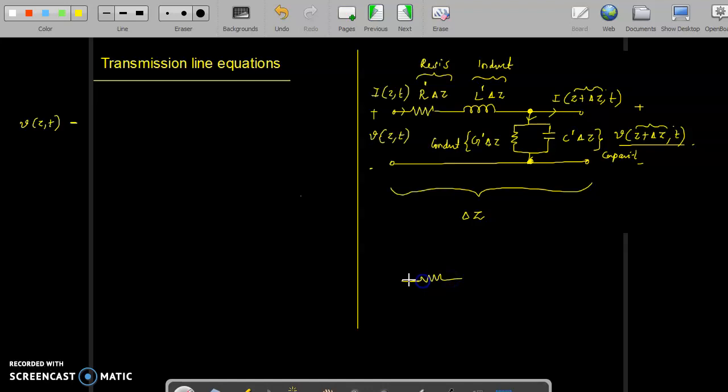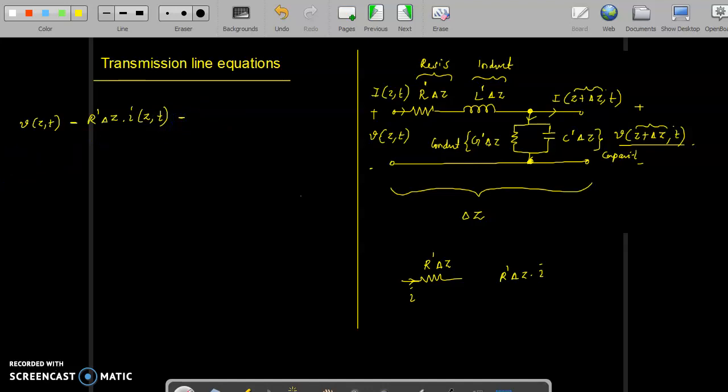The current is I, the resistance is R dash delta Z, so the drop is R dash delta Z multiplied by I. Similarly, here R dash delta Z, which is the total resistance, into I of Z comma T,